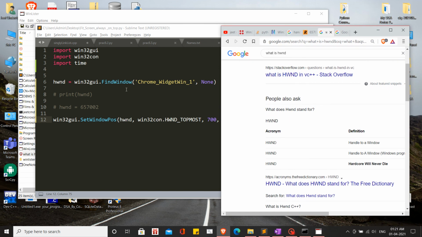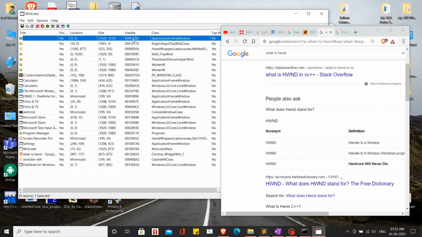Now what we'll do is we'll try to pass the exact handle of this window into our main function. We will not use this function, and we'll pass the direct handle for this window, right? If we want to do something like that, how is that possible? Before that, we just have to understand what exactly these handles are. Are they in binary form, decimal form, or hex form?